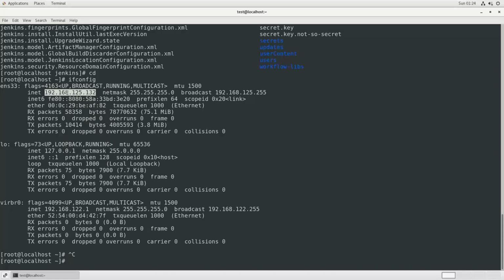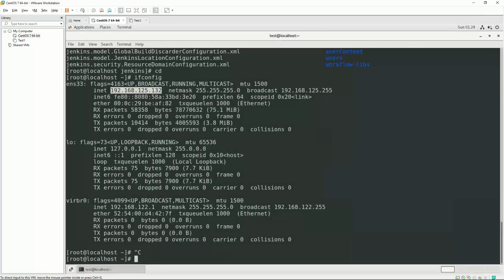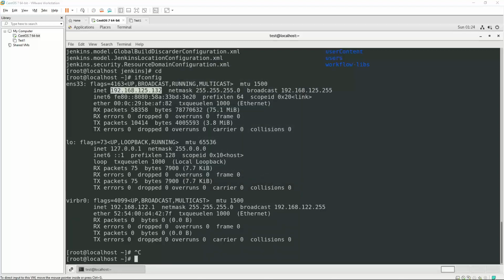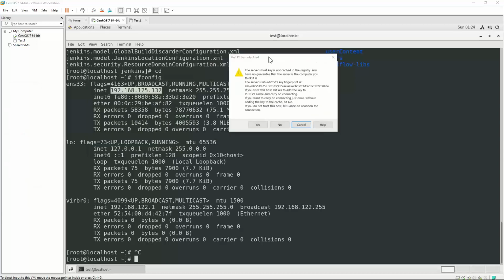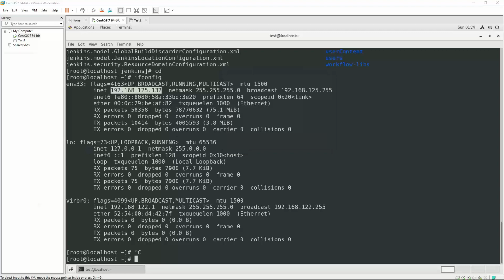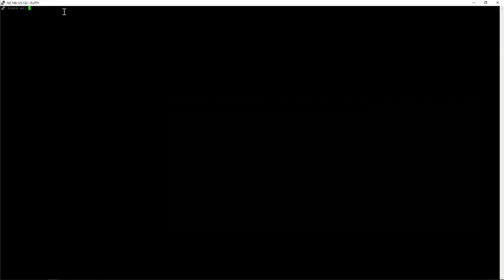Go to your PuTTY, paste that, and open. Maximize that. Type root, enter, and then the password.